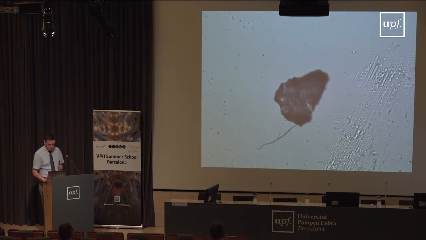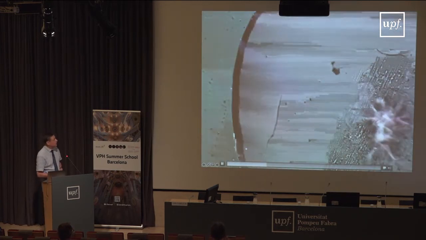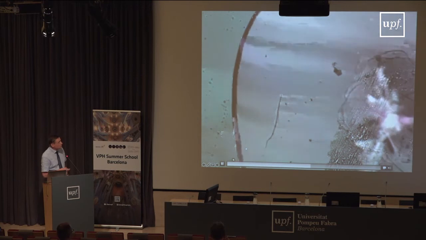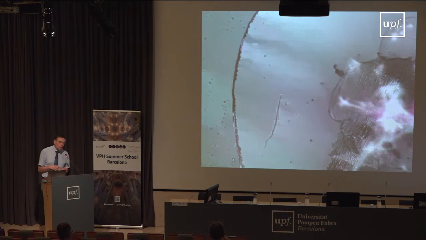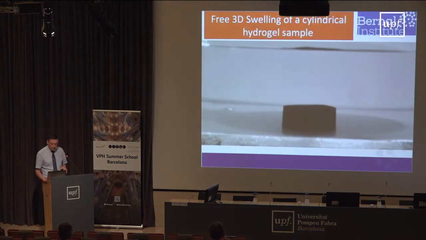That's it. Okay, it's almost running away, but you can see very clearly that it has what is called the cauliflower effect. So it swells one side and then the other side, and so it's a very non-homogeneous swelling of the phenomenon. So you see surface instabilities coming up, and to illustrate this even a little bit better, I can show you